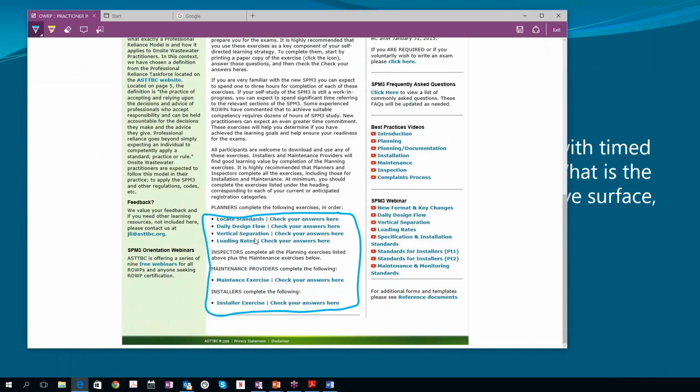So certainly if you need to write that exam, you better go there and look at those. And if you want more work on vertical separation, there's one that was designed for planners, but it could be quite helpful to you too. And there's one for maintenance, and it has an answer key. And there's all the recordings for the previous webinars.